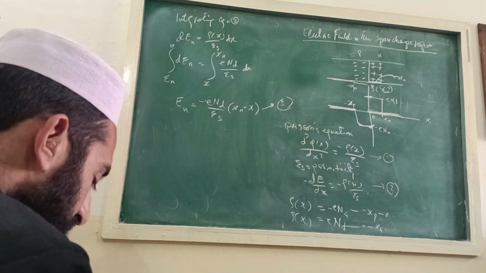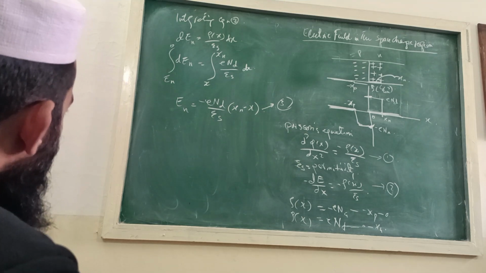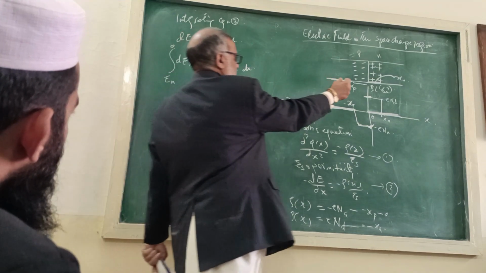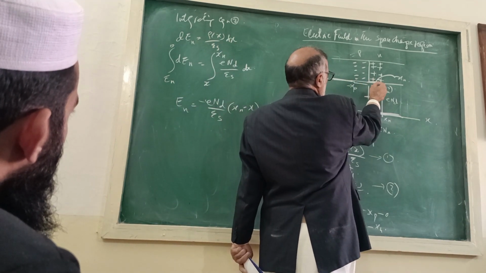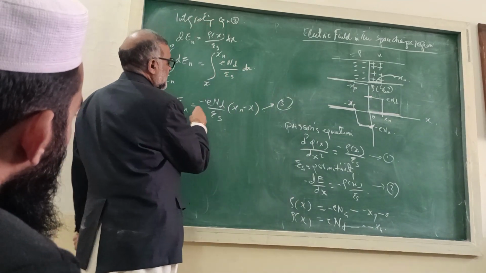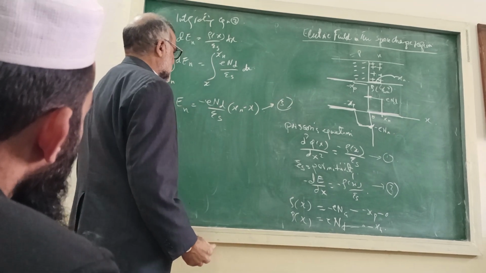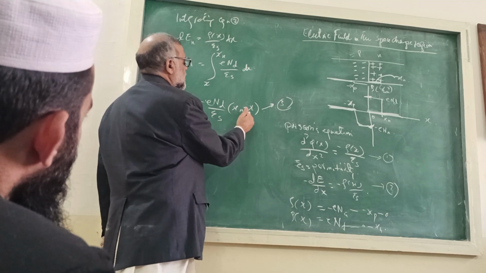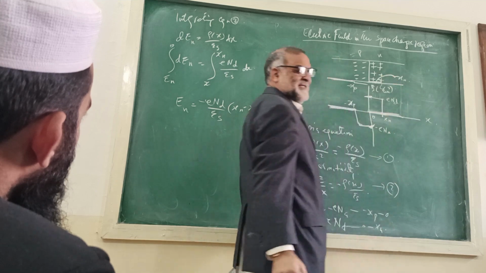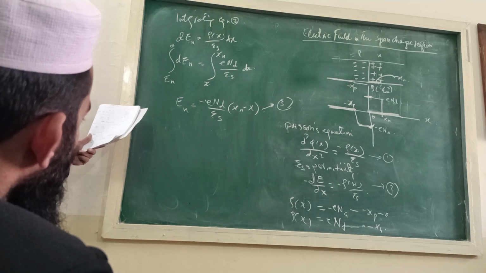The field is a function of x, and xn is a constant value. So look, the electric field is negative as we move to that side, and it goes to 0 when x is equal to xn. This is why the field is 0. Right? Similarly,